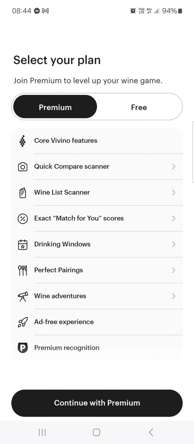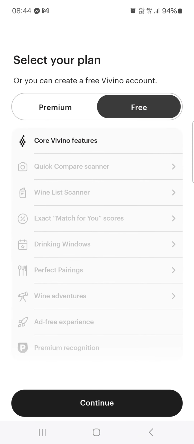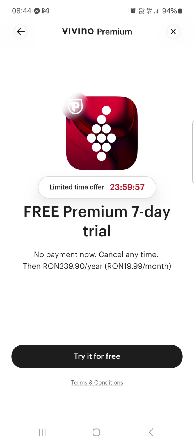Then you tap on continue, and here you can select the premium or the free version, and just like that